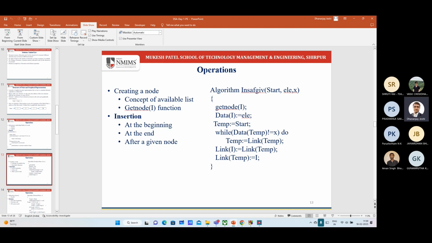तो व्हाट आई विल डू, जब भी नया एलिमेंट अगर हमें इंसर्ट करना है तो उस एलिमेंट के लिए मेमोरी एलोकेट करना पड़ेगा, उसके लिए नोड क्रिएट करना पड़ेगा। What I am assuming कि we have a function get node I available with us which will create a node and its address will be stored in variable I. Get node I यहाँ पे क्या सिग्निफाई कर रहा है कि एक नोड क्रिएट करेगा और उस नोड का एड्रेस जो है वेरिएबल I में स्टोर हो जाएगा, ठीक है। Then what I will do, suppose I want to insert 25, इसकी डेटा फील्ड में I will store 25। कैसे स्टोर करूंगा, डेटा फील्ड को कैसे रिफर कर रहा हूं मैं, डेटा I से, क्लियर।